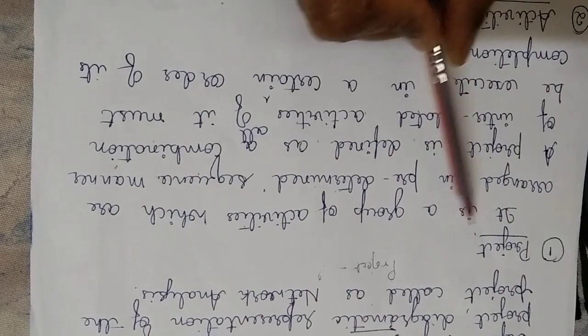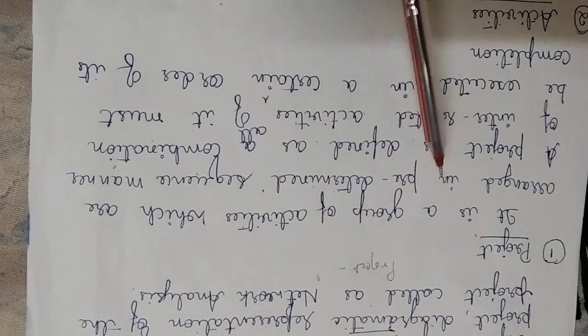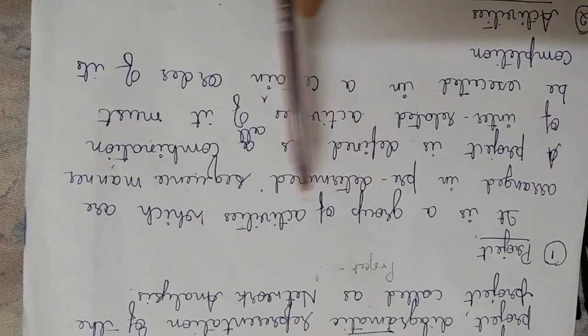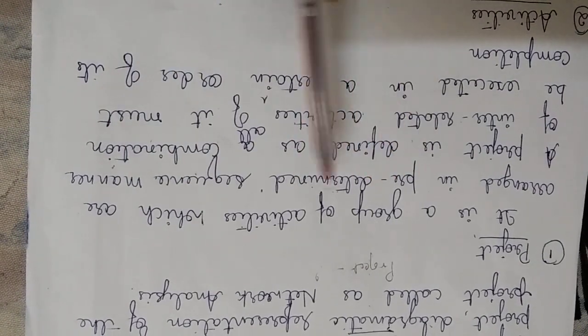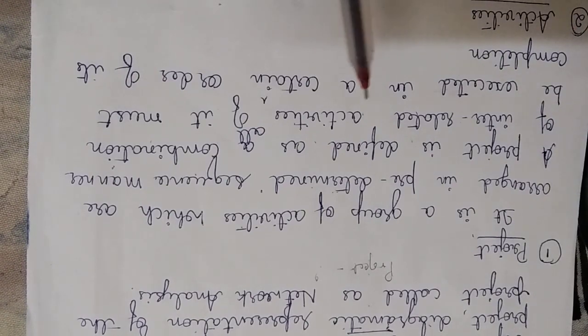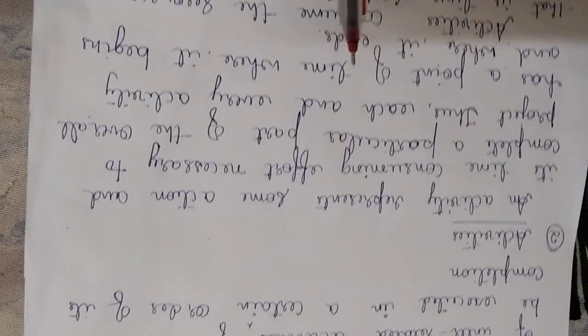First one is the project. It's a group of activities which are arranged in a predetermined sequence. The activities involved in a project are arranged in a sequential manner, such that the completion of one activity leads to the other. It's a combination of interrelated activities, all of which must be executed in a certain order of completion. So we need to check the completion order.